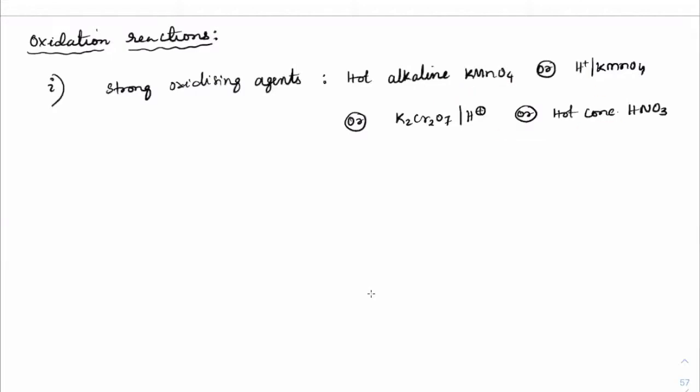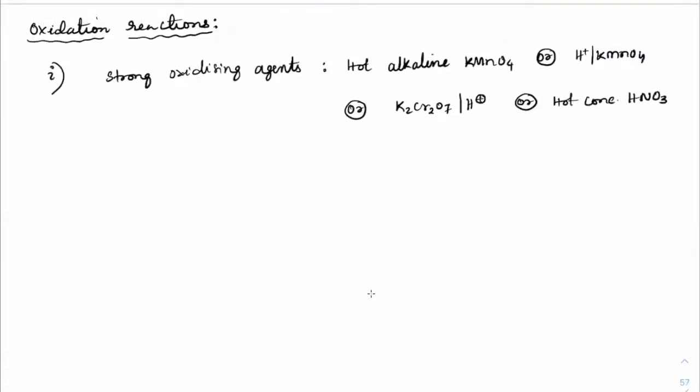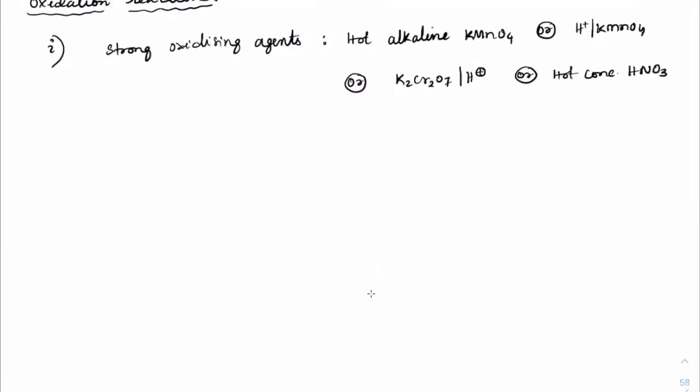Mechanisms are not so important in these cases because they usually happen at a very high temperature. So it is very difficult to predict and they are very fast reactions. So we can't predict exactly what might be happening in the mechanism. But typically, how do we understand that and how to do the problem solving? That is what we'll see. Suppose I'll give you a few cases here. Majority of the time we'll be using hot alkaline KMnO4, H plus KMnO4 or K2Cr2O7 H plus. In all of these cases, typically there is one style of reaction that will take place. So first, let us learn how the reaction happens.